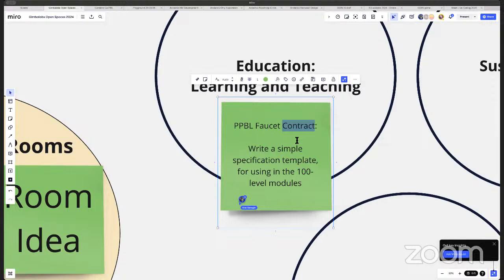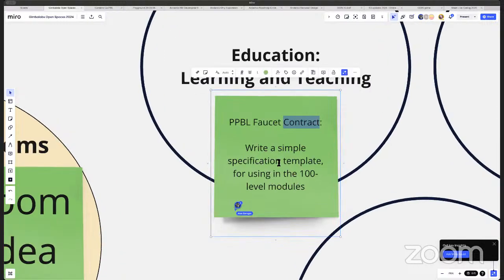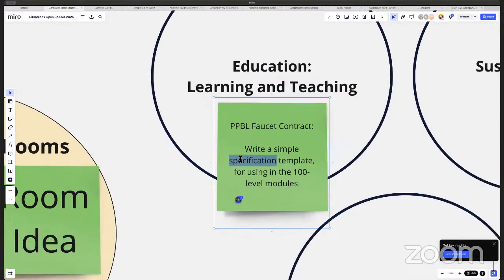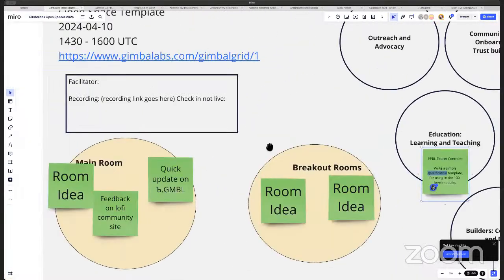This could be a nice way to get into the actual building of the PPBL 2024 course, because in module 101, people are going to be looking at the faucet contract in a few different languages. If we have a spec, this might help us draw connections between the different validator languages. So if there's time, jump into that.